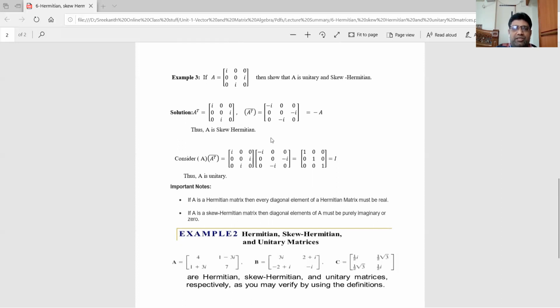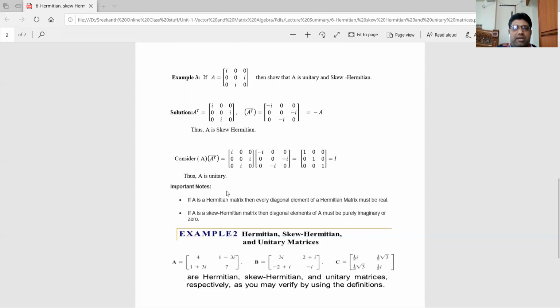So coming to unitary, what do I have to take? A transpose conjugate, already it is there. I have to multiply it with the given matrix A. So A into A conjugate transpose. If I multiply this, clearly I can see here i into minus i means minus i square, but i square is minus 1, which is minus of minus 1, that is plus 1. So 0 into 0, 0, 0 into 0, 0. So clearly we got the identity matrix. Therefore, I can declare that A is a unitary matrix.